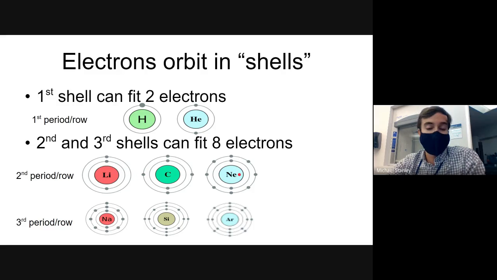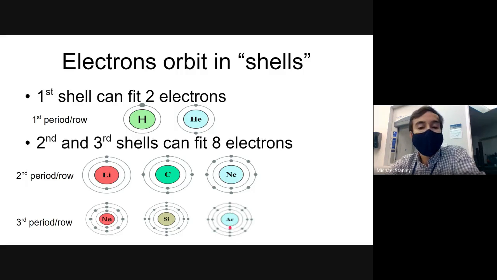All right, so the centers of these atoms, where the names and symbols are, that's our nucleus. Those are the protons and neutrons hanging out together. And then the electrons go on the outside, and they're organized in these shells. Like if we look at the biggest electron example that we're going to talk about today, it's the atom